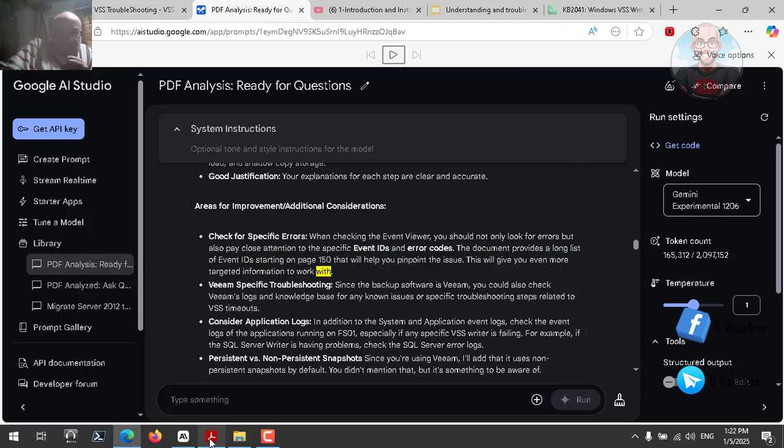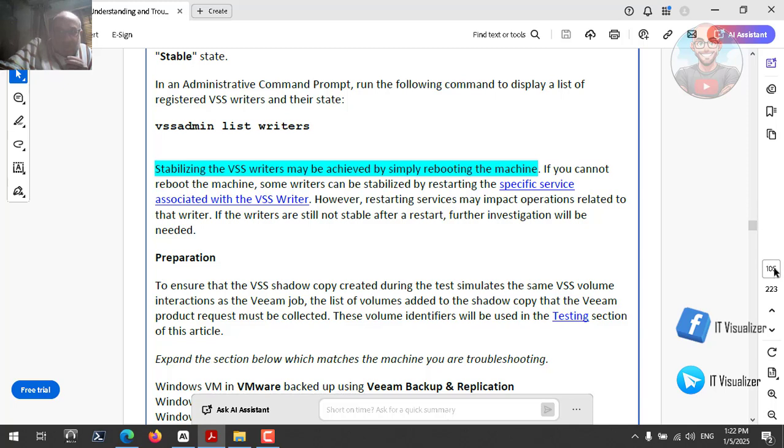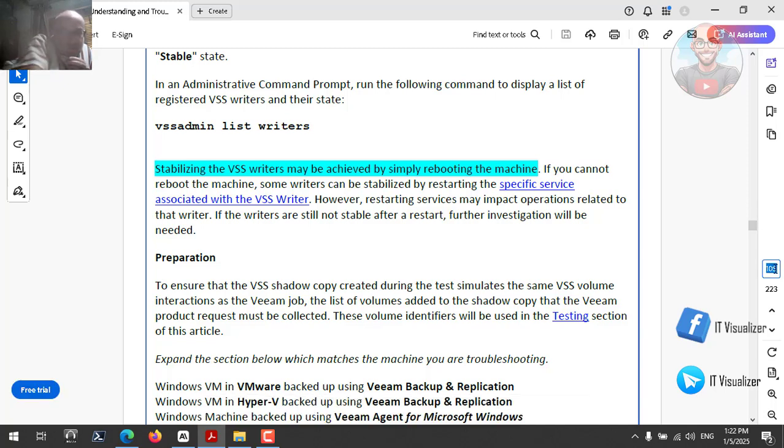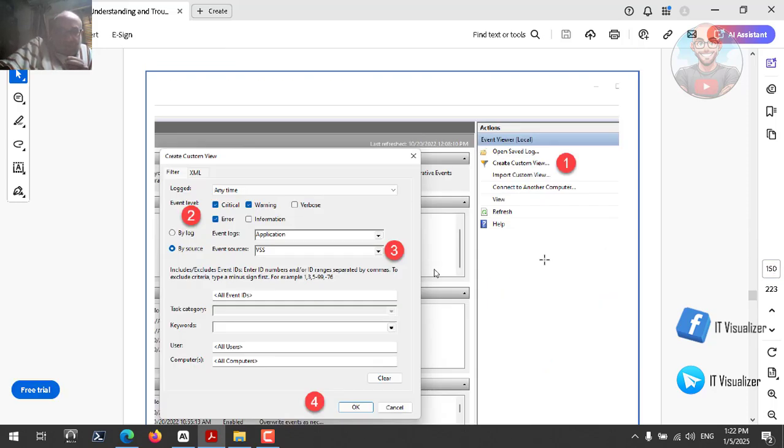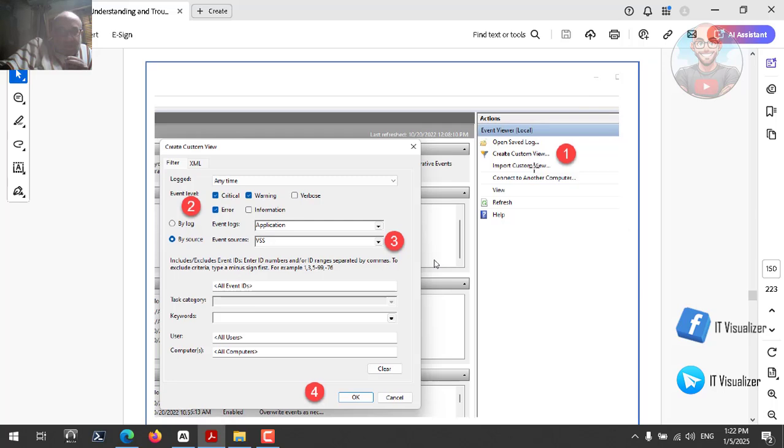So he's talking about page 150 in the documentation. Let's go and see what this page contains. So here is how we can get the logs. First we need to create a custom view to filter application events concerning VSS. We have the critical, warning and errors, and then click OK. This is a custom view, and then